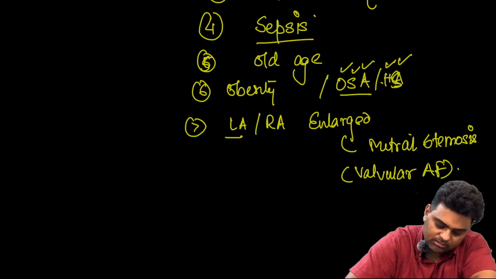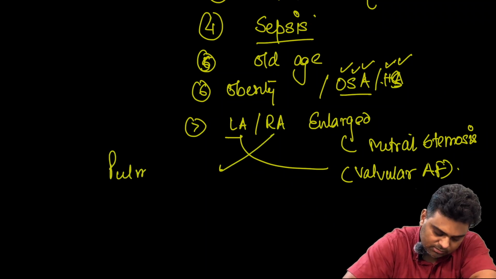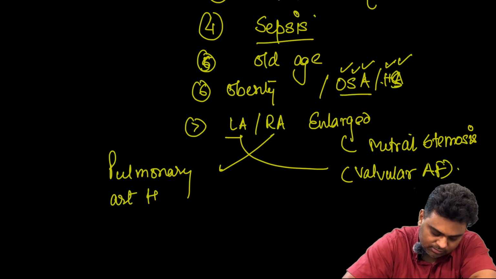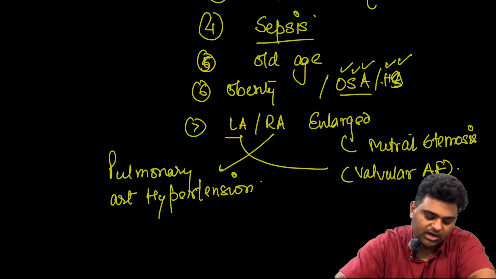Then right atrial enlargement can be seen in pulmonary artery hypertension. So these are the conditions where you can see atrial enlargement, plus